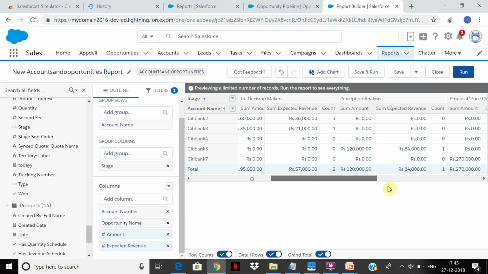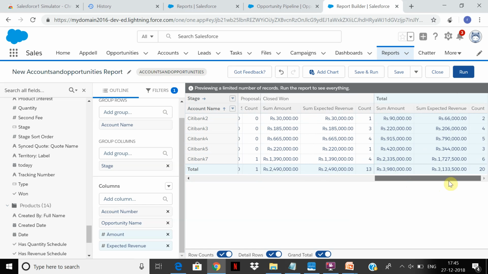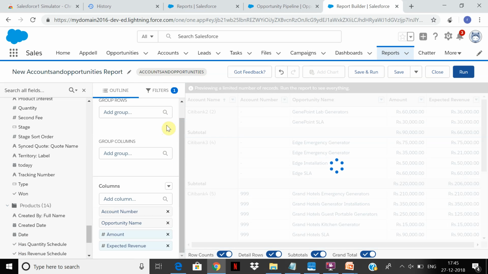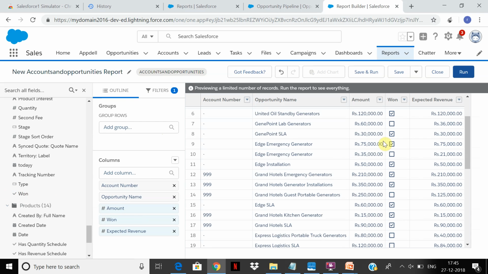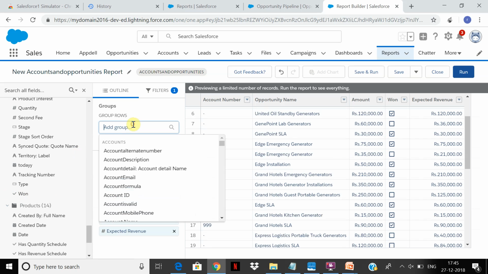It's not allowing me to add that. Let's see what it is. I need to remove the grouping now and then go here and say account name.